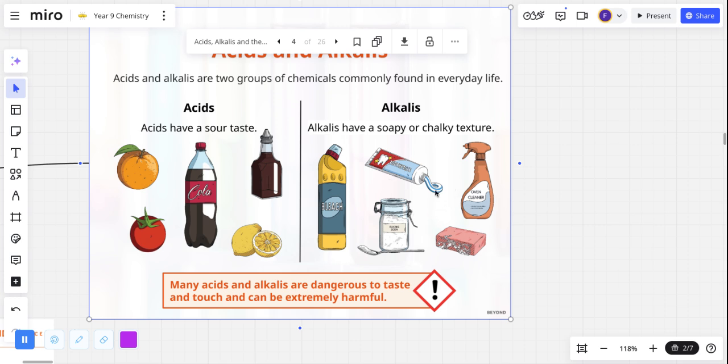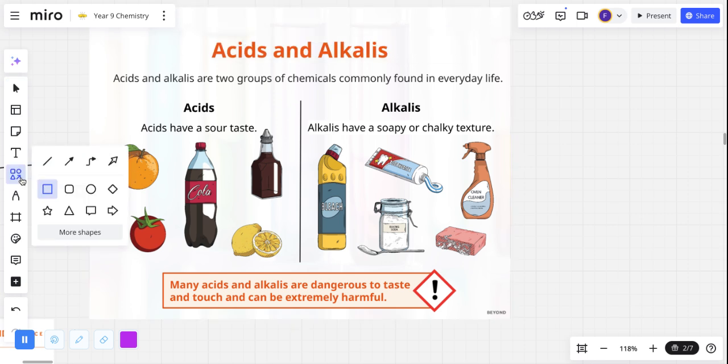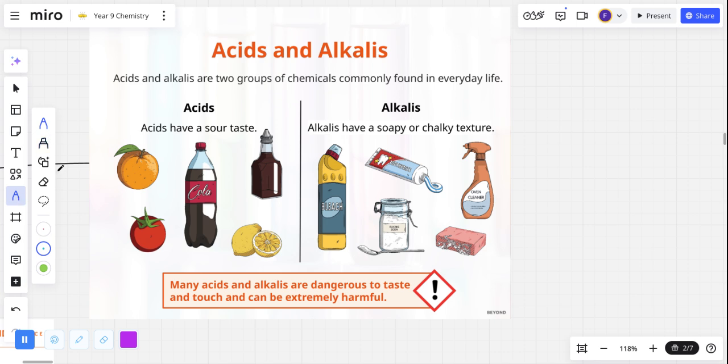Stay away from oven cleaner. Most of these things, if it's not a fruit, the way I would say to you guys is, if it's not something you normally eat, don't touch it. Don't shove it in your mouth. And I think you get a lot of YouTube videos now where they're doing things and you're just thinking, that's not clever. So this is a key stage 3 definition,